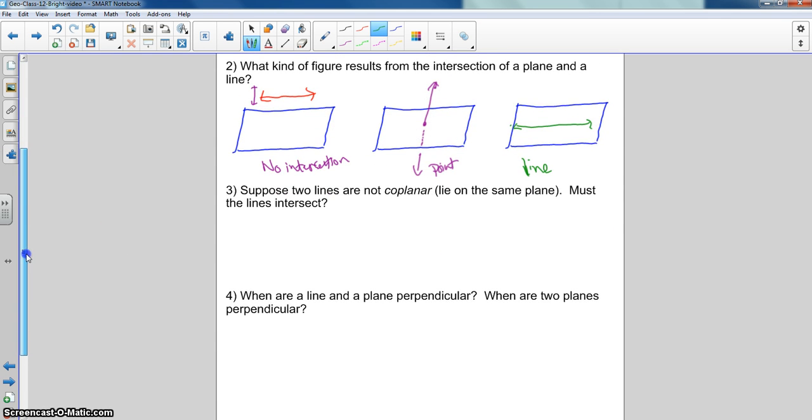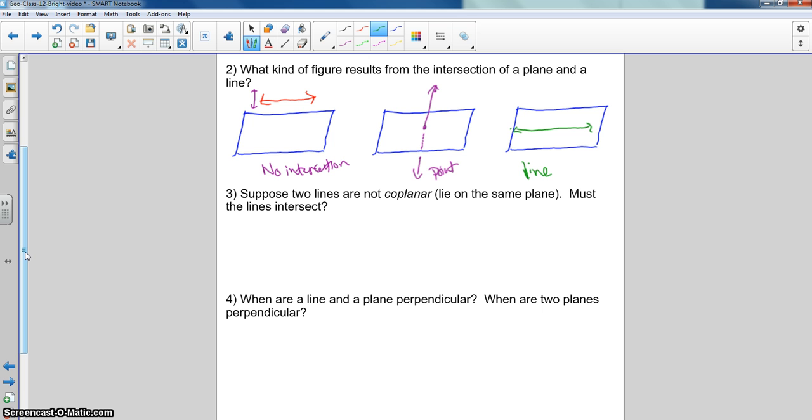Now the next case is, we consider two lines that are not coplanar. Must they lie on the same plane? Coplanar means that they lie on the same plane. Or must the lines intersect? So let's say that we have